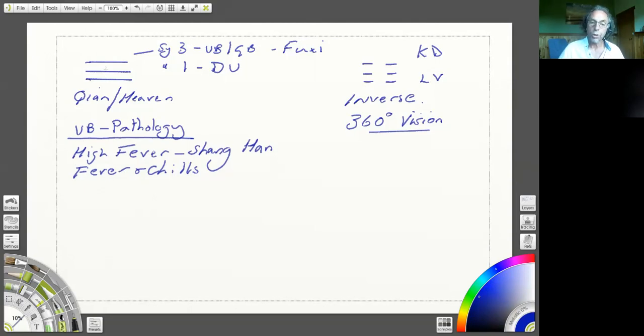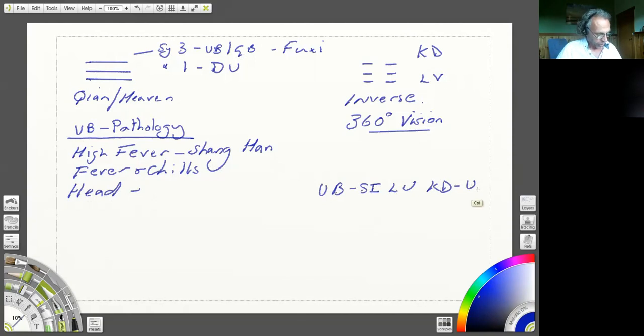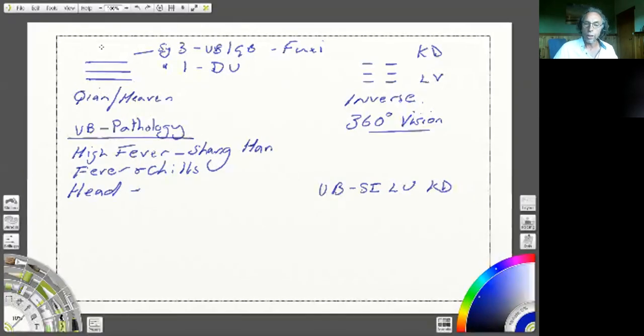So if you remember in the Fushi Gua, the Trigram of Qian relates to the head. So any head pathologies, we can consider the use of the urinary bladder and all of its balancing systems. So its balancing systems, as you know, small intestine, lung and kidney are the 3 meridians we can primarily use, or the urinary bladder itself. So we've got 4 options there if we want to incorporate the Trigram of Qian. The fact that it's also the Du vessel means that we can relate any pathologies on the back as well.